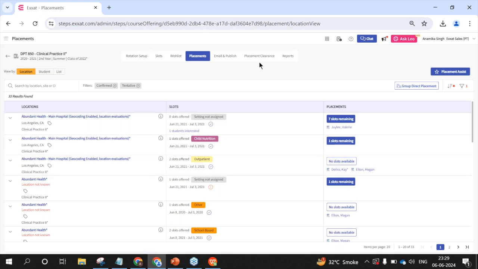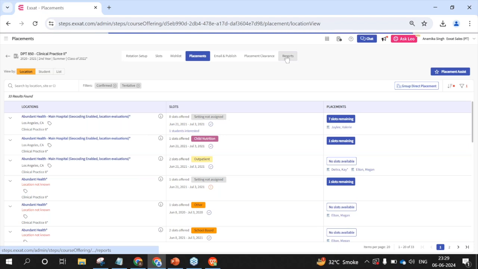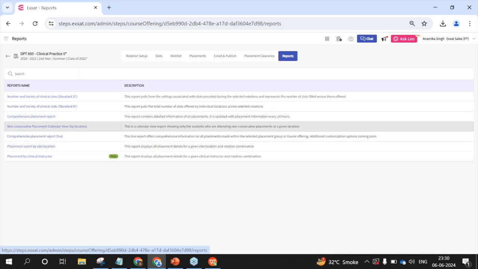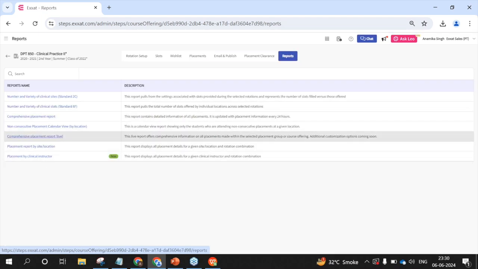So here, if we go to this report section, there is a report available, the comprehensive placement report. So this will show them the list of all the students that are placed for this course or that have